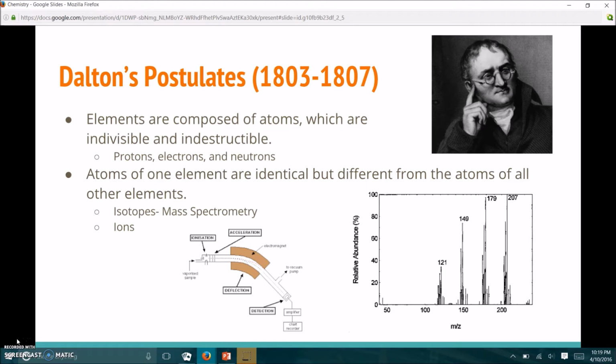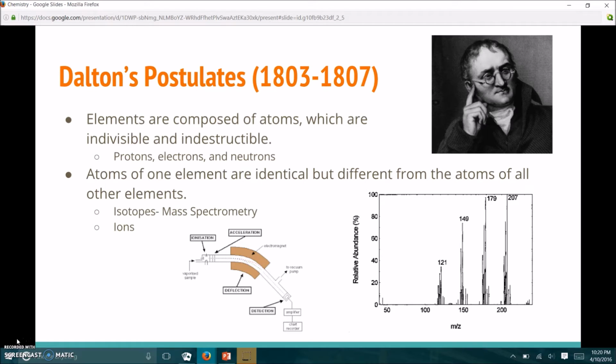So his first postulate states that elements are composed of atoms and that these atoms are indivisible and indestructible. This has been proven wrong because we now know about the existence of protons, electrons, and neutrons that make up the atom. His second postulate states that atoms of one element are identical but different from the atoms of all